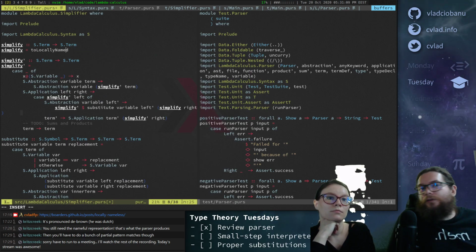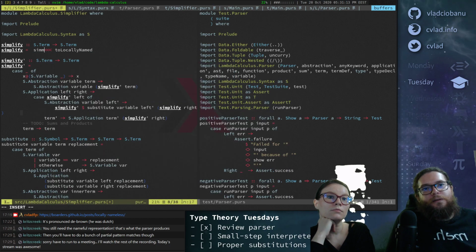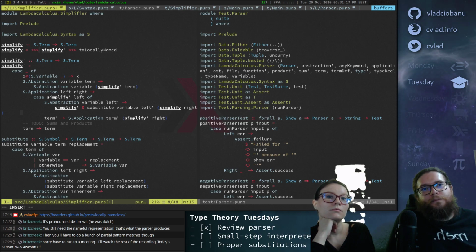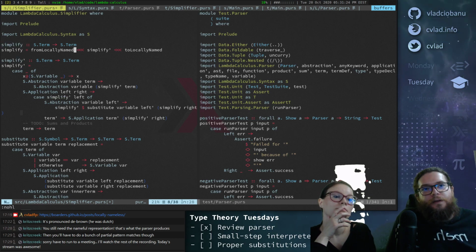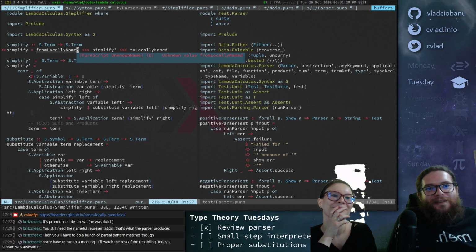So first we do to locally named, then we call simplify like this, and then we need to go back. Right, something like this is what we need to do, and then all we have to do now is implement from and to locally named.